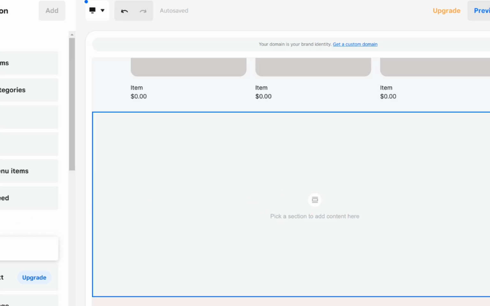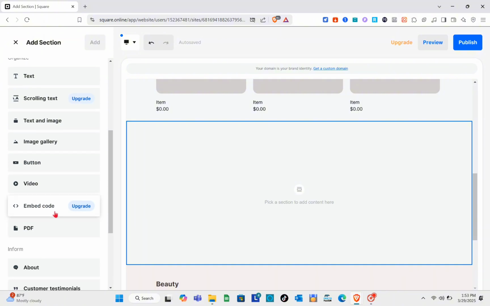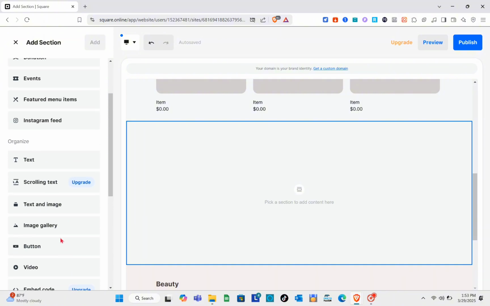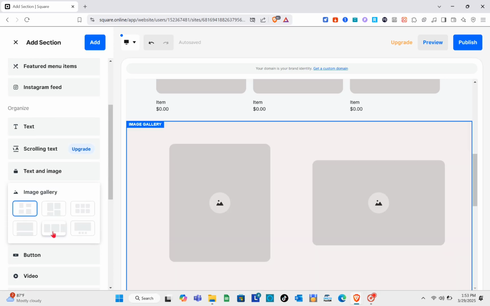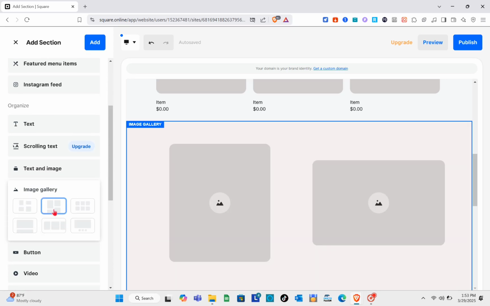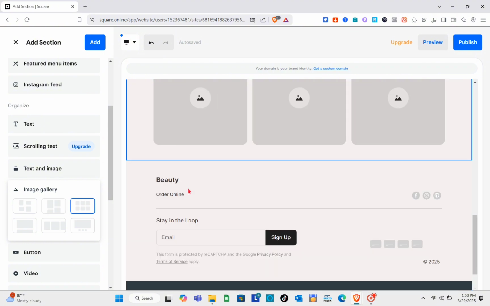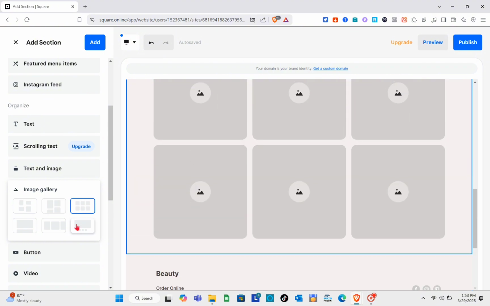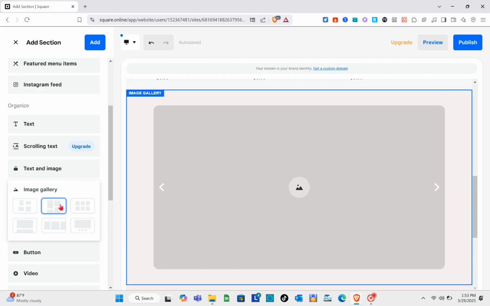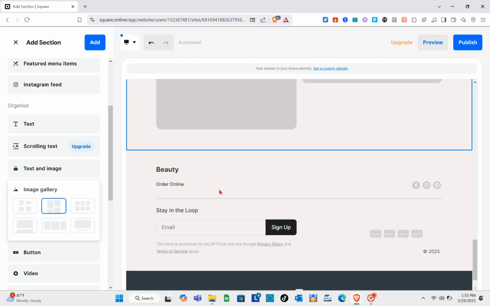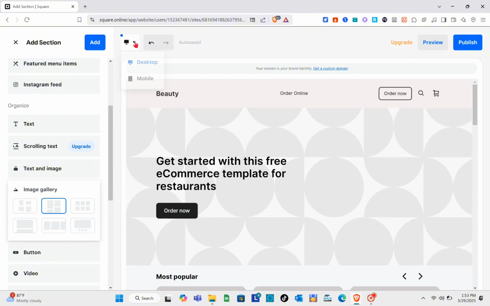Now you just have to decide what kind of content you want to add to the new section that you have added. Okay, so for example, you would like to use the section as an image gallery. So you just have to choose the layout for the image gallery. Okay, so this one, I think is too crowded, and this one is too basic. I love this one. I love the different sizes and how it looks, so I think I'm going to